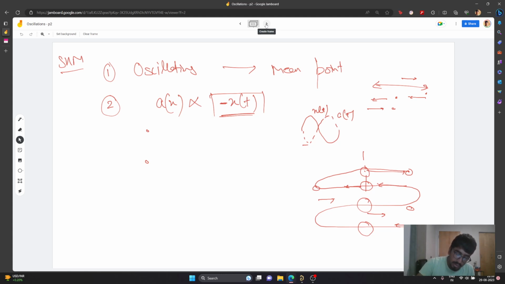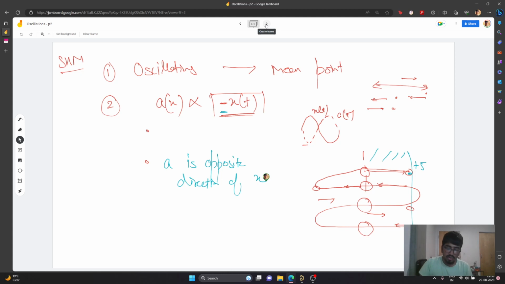So these are the places where x is positive. This area here is where x is positive. Here, say, displacement is plus 5. At this point, all of the acceleration, because of this negative, will be in the opposite direction. So acceleration is opposite to the direction of x. So if x is positive in any of this region, the force will be pulling it